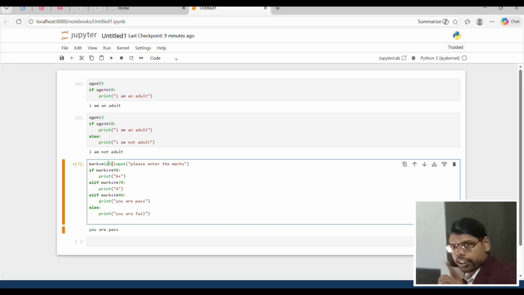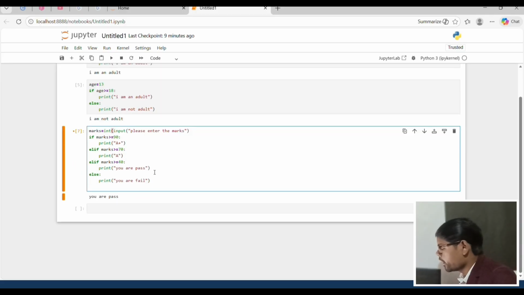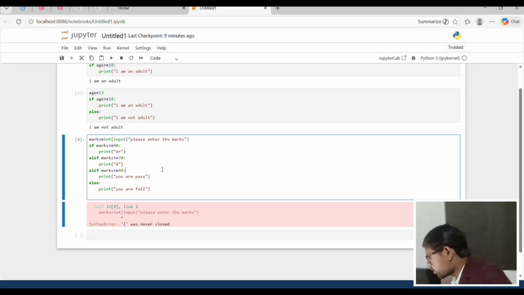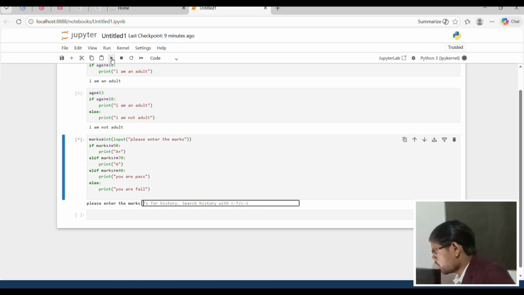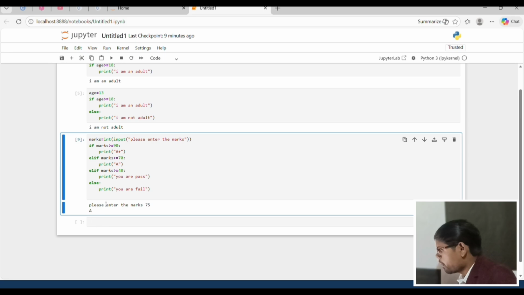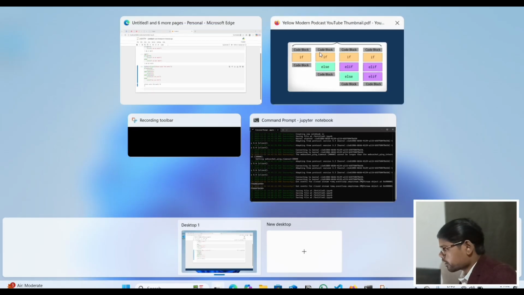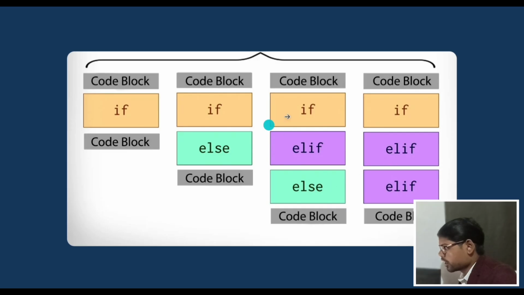Int converts the input from string into integer. I will check and run again. Yes, this was a mistake. Please enter the marks. Our marks is 75, run again. I am passed and grade A. I will always use this condition.